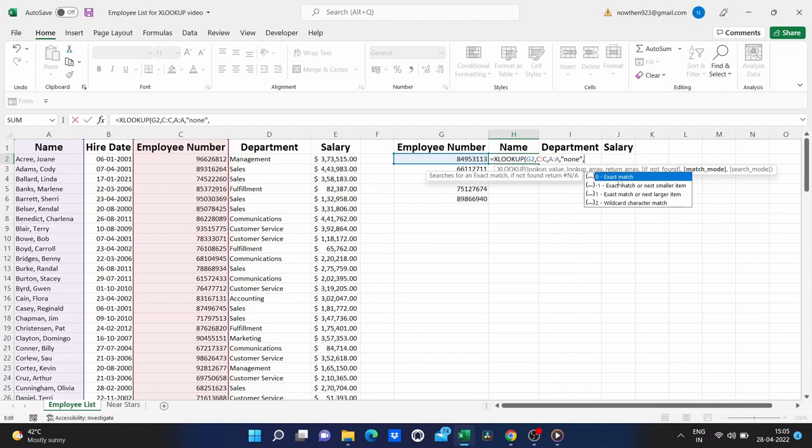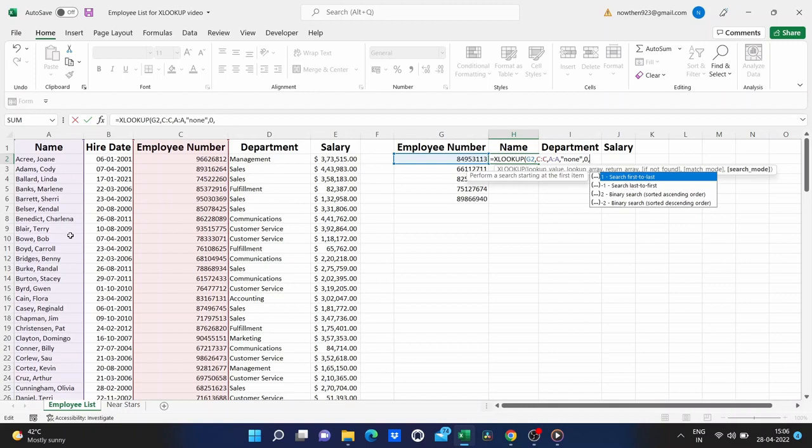If you don't want exact match, you can see the other options here. These are some really great options to have. I'll just put a 0, so it'll be exact match, and again, I could have just left that blank. I put in a comma, and the very last step is what kind of search do I want to do?